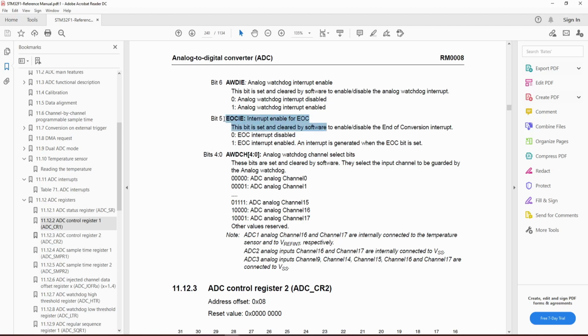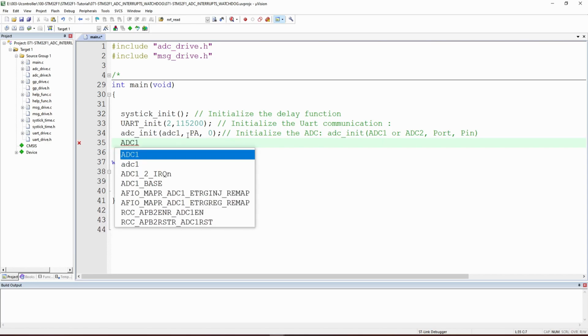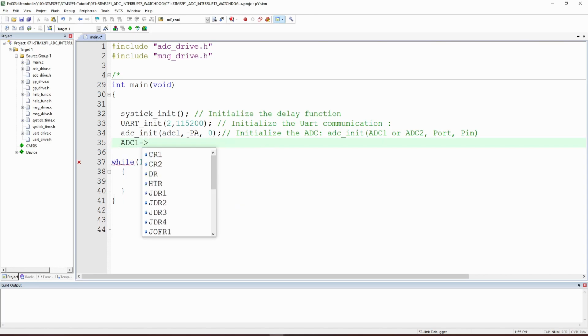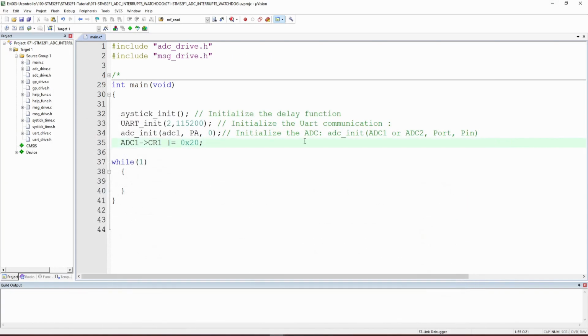Okay, this is the one that we need to enable. So what we need to add immediately after this code, quite simple and easy, we just have to put ADC1, control one register, and we put or equal 0x20. It should be bit number 5. Let me go back again and check. So it's bit number 5, so it's 20 hexadecimal. Okay, so this will activate the